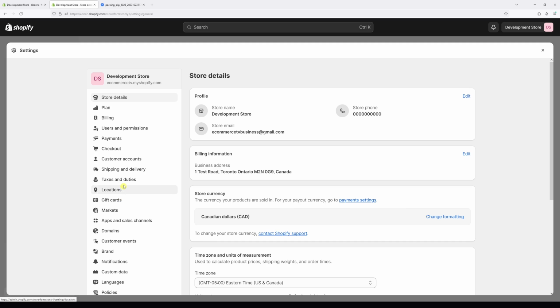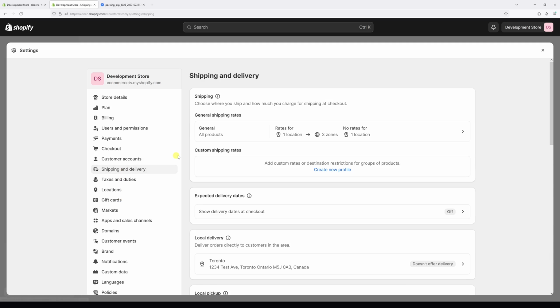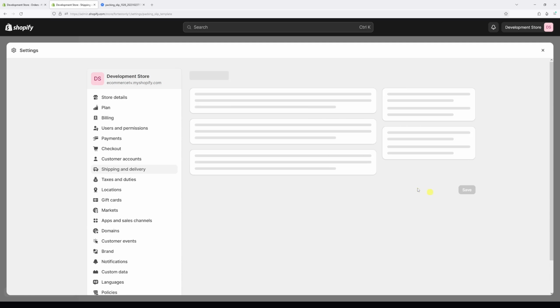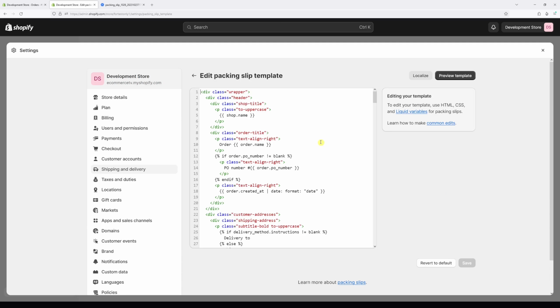And then look for shipping and delivery. Then scroll all the way to the bottom and look for the packing slip section. Then select edit template. Now, before making changes in the existing code, simply copy everything and save it in a